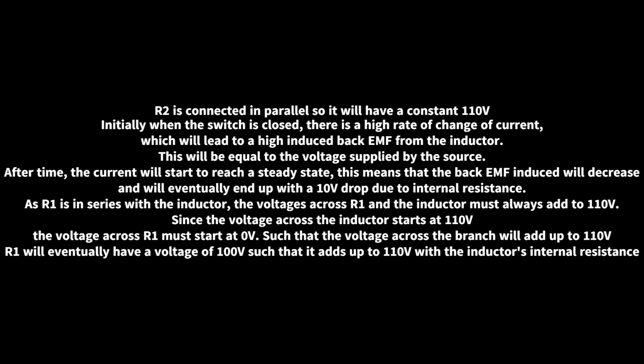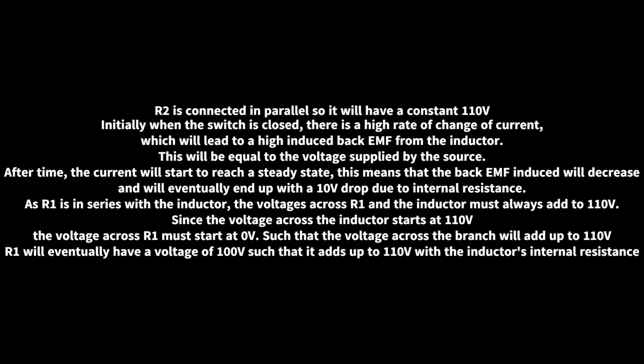R2 is connected in parallel, so it will have a constant 110 volts. Initially, when the switch is closed, there is a high rate of change of current, which will lead to a high induced back EMF from the inductor. This will be equal to the voltage supplied by the source. After time, the current will start to reach a steady state. This means that the back EMF induced will decrease and will eventually end up with a 10-volt drop due to